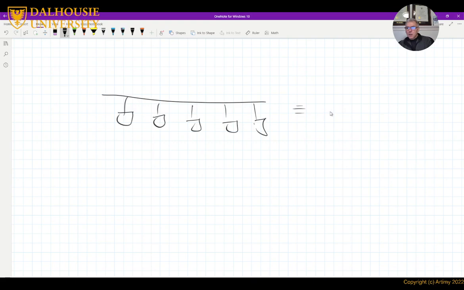So this goes and becomes like this. So I transfer the bus topology to a star topology. And this is exactly what happened.